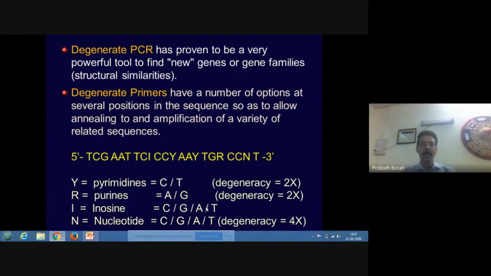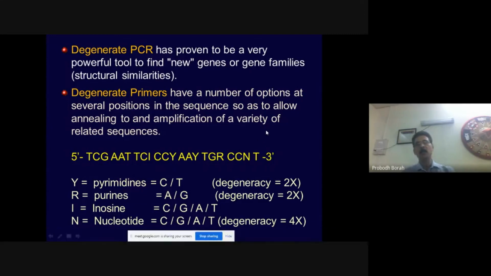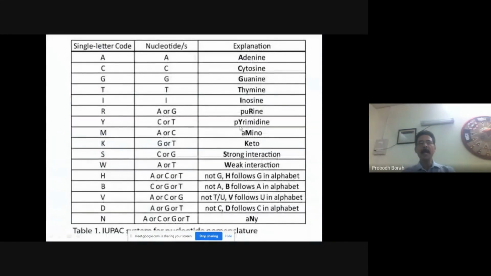If any type of nucleotide can represent one particular position, then it can be represented by either I or N. N is used because it represents any nucleotide, N for nucleotide. I represents inosine, because inosine can non-specifically bind to any of the nucleotides, A, T, C, and G. And therefore, I stands for any nucleotide. There are several other options available. S, C, G, T, I, these are already known to you.